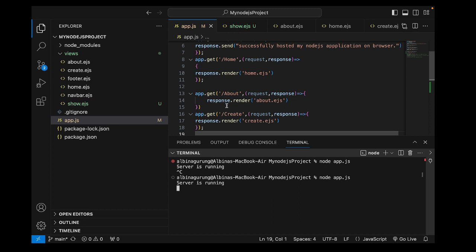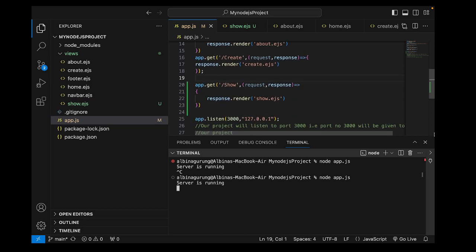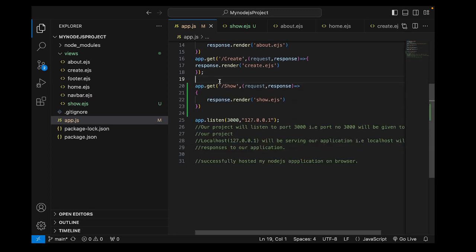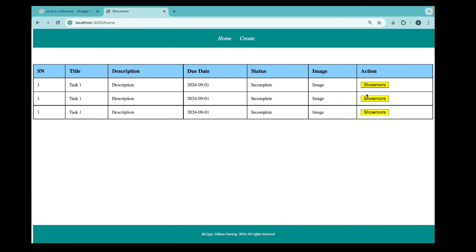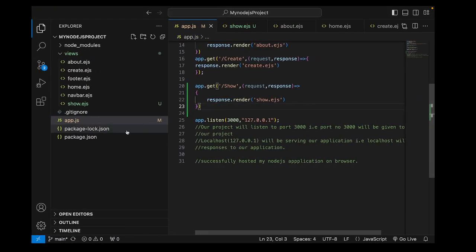called so.ejs, and also we have mentioned in our app.js file that if somebody searches for the /so path, then he should be responded with which page? So page. Okay, so now our another requirement is that if somebody clicks on the show more button, then he should be directed to which page? So page. All right, so let's go to the